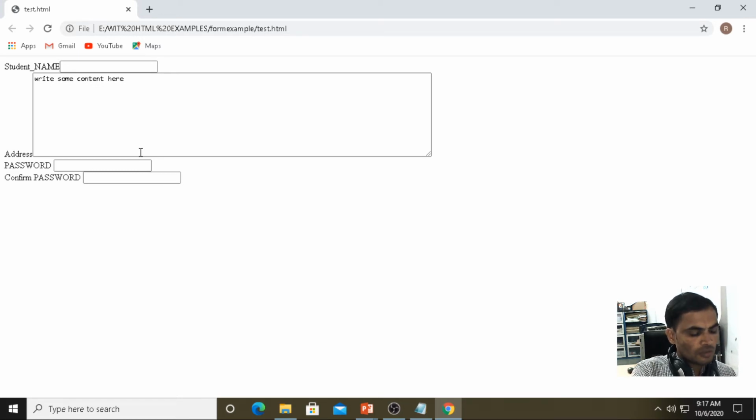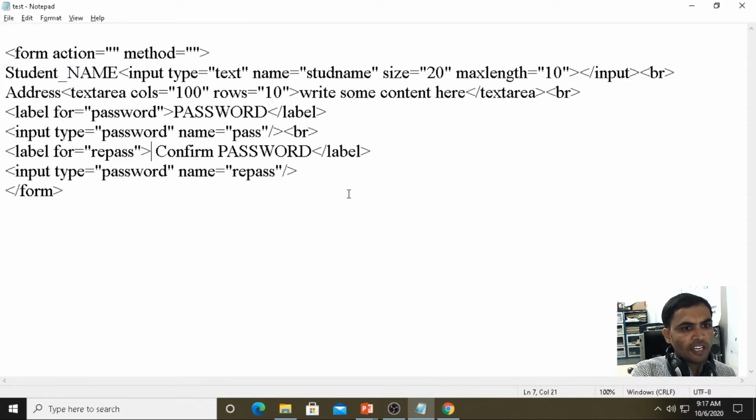Confirm password. Then we are having email. Label. If you are not using the for attribute also it will work. Then email, closing the label.